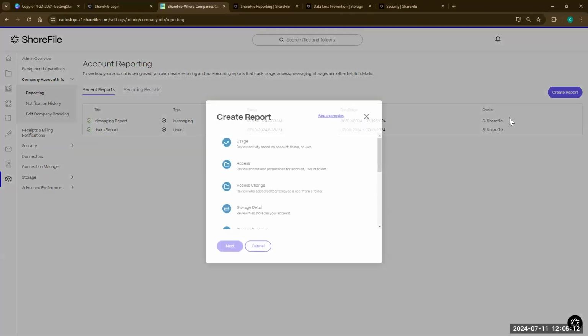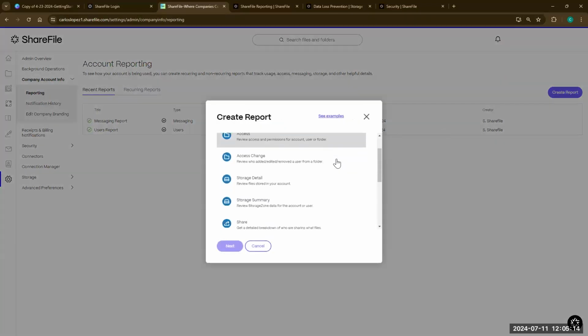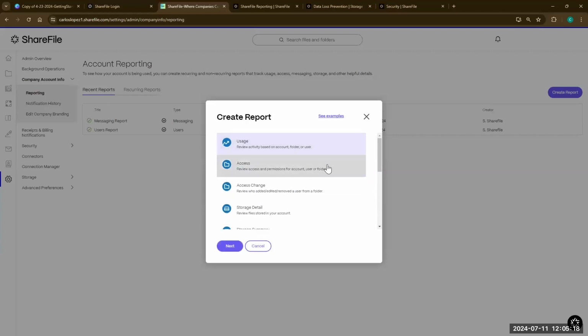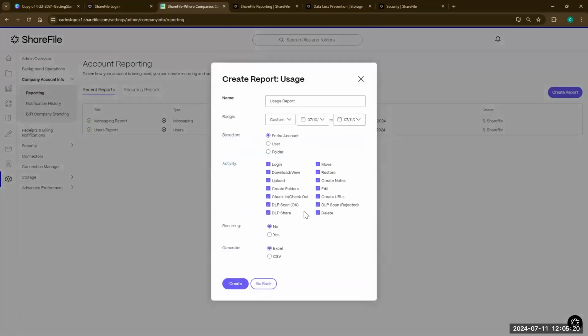I'll go ahead and create the report so that you can see the process. In this case, I'll be using the usage report. You can always go ahead and name it. I'll leave it as it is. I can do ranges as well. In case that you need to do a range